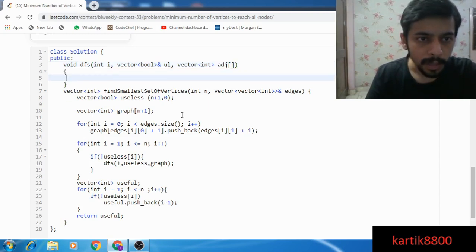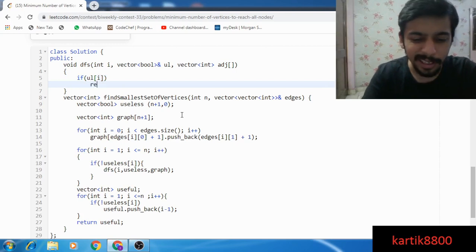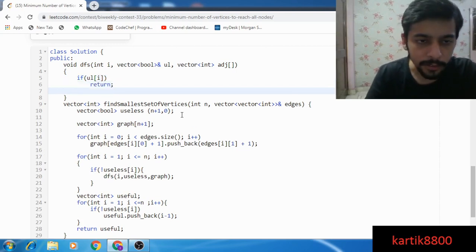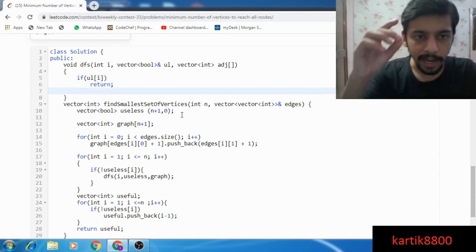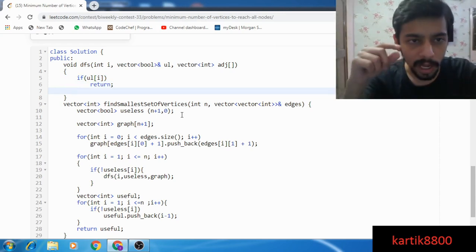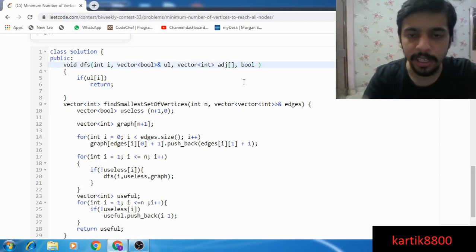That's it. So if this guy is already useless, simply return. There's no point of performing a DFS. If this guy is not useless, then perform a DFS and wherever you visit, you mark those people useless. So I need to have another indicator that tells me whether I need to mark it useless or not.